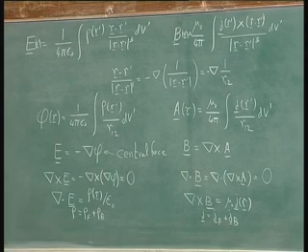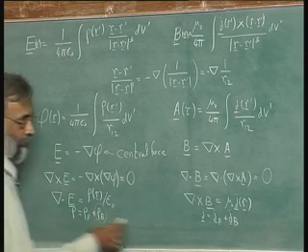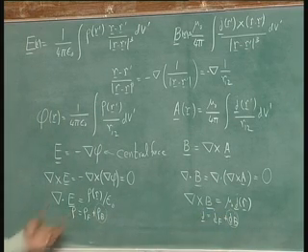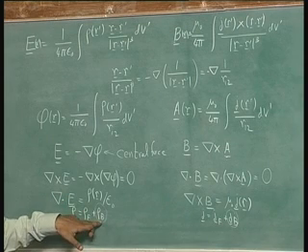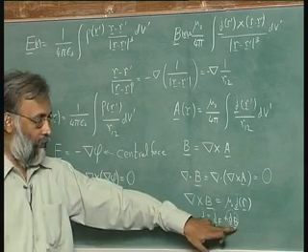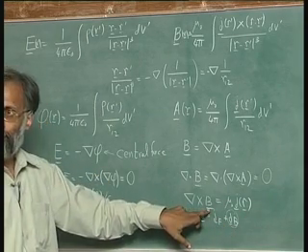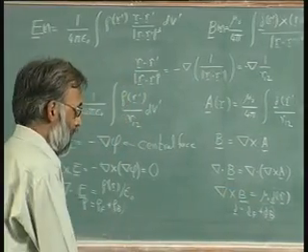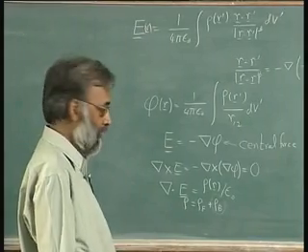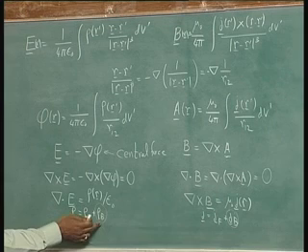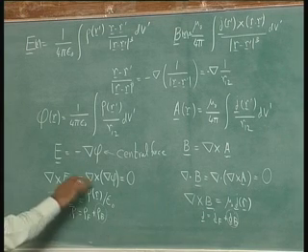Once you have this, the rho bound and the J bound are not known. They are the material's response to the applied electric field. They can even be nonlinear. Similarly, J bound is the material's response to magnetic field. It is almost always nonlinear. But they are material properties, and supposing we knew them, we could take this rho bound, put it into